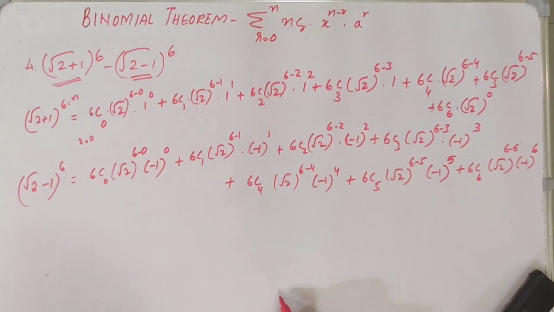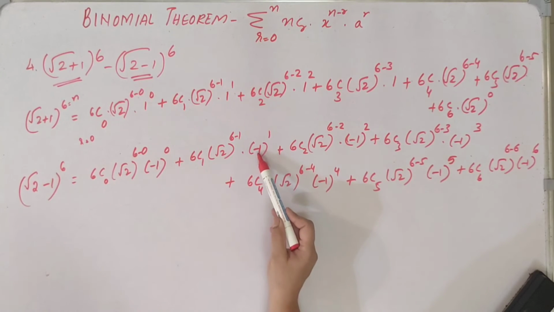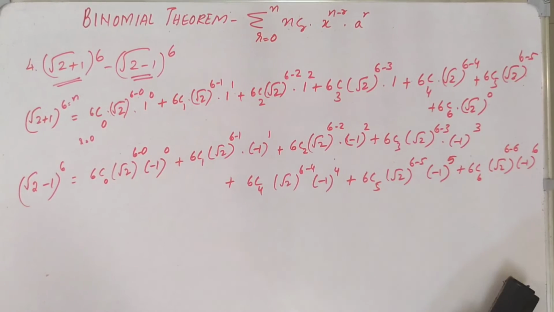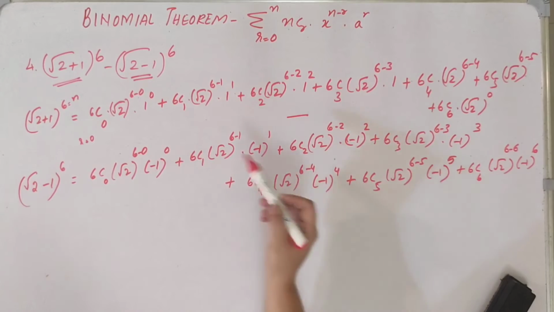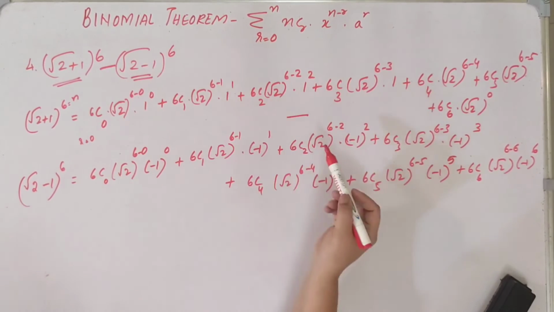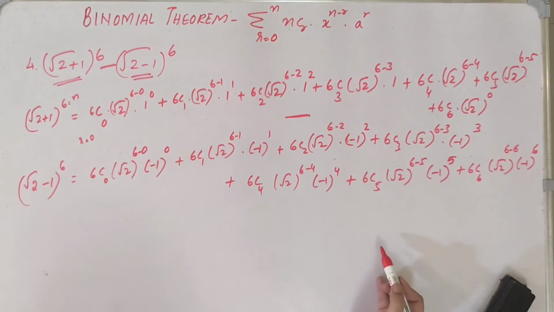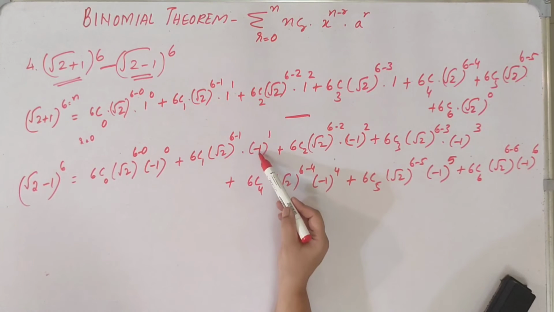Now, what we have to do is first we'll have to apply this negative sign here. Only then we'll be able to cancel. Remember, this is a minus, not a plus. We'll have to subtract these two expressions. So it's a minus here. That's one thing we'll have to be remembering. So here it's minus 1.